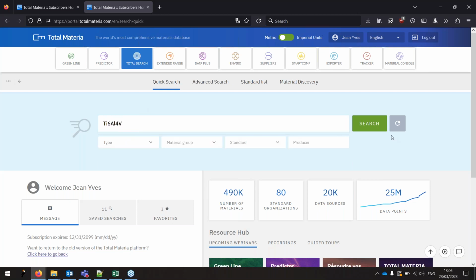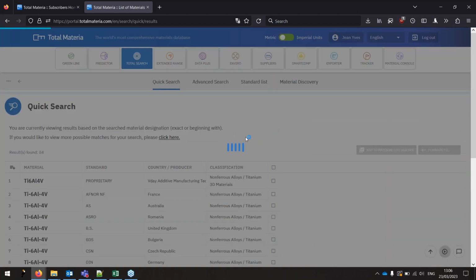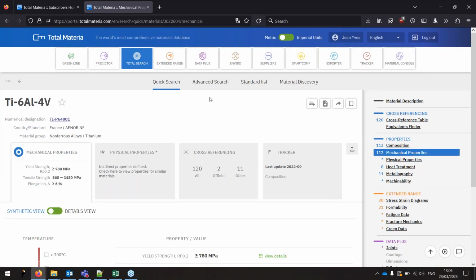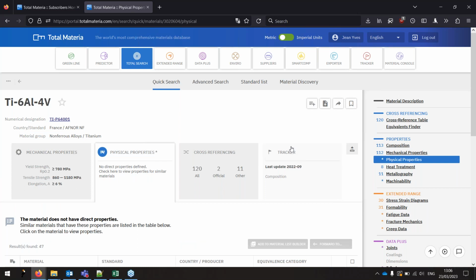So if I may show you, for instance, here, a very common titanium alloy. But when you go see what's available in the literature, you will see that there are many data available, but physical properties are pretty much absent from this reference, at least. So with Total Materia and this little star here, we are already filling part of the gap